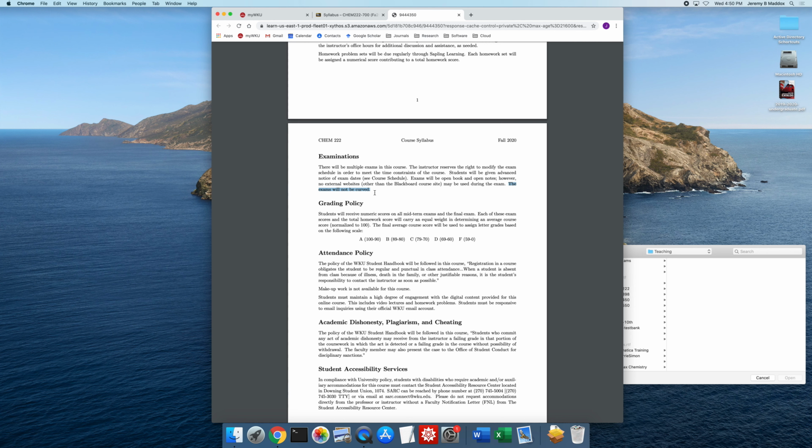As far as the grading policy goes, each of the exams will have a numerical score attached to them. Although it does say something here about a final exam, I am not including a cumulative final exam for this course. So each of the midterm exams are equally weighted. There are 7 of them. The homework score counts as equivalent to 1 exam. So it's as if there are 8 grades that you can get in the course, the homework being one of them, and then the 7 midterm exams are the other